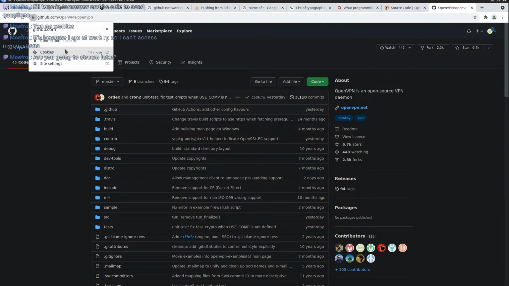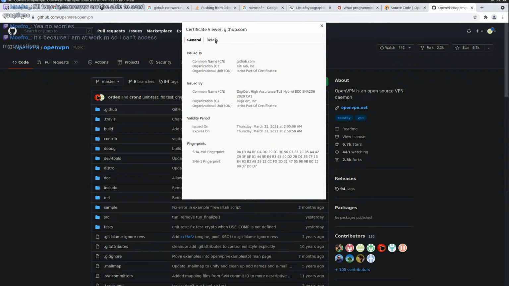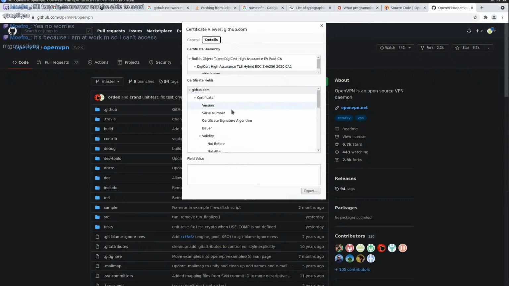So if I go here, connection is secure and the certificate is valid. If we open a certificate, it should have a whole chain. I can't really extend it. So this is the certificate chain. GitHub has its certificate that's signed by this certificate authority, which by itself was signed by this certificate authority.